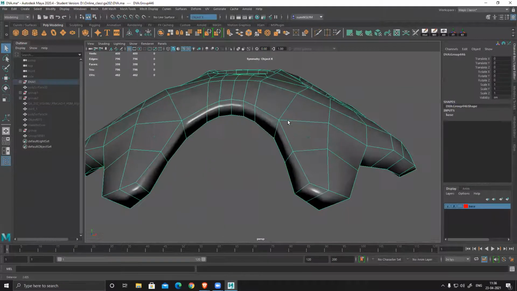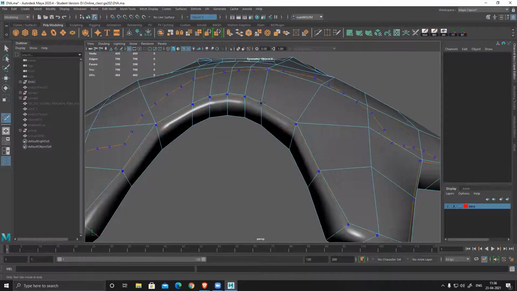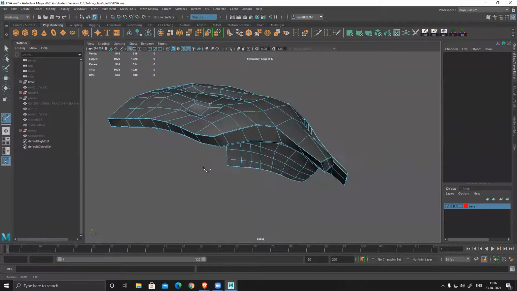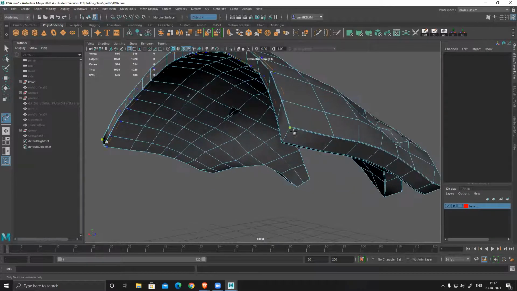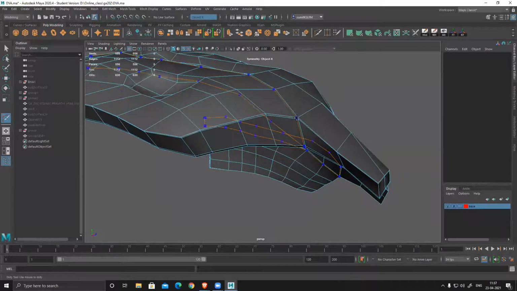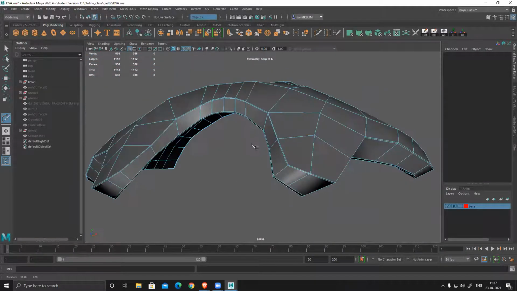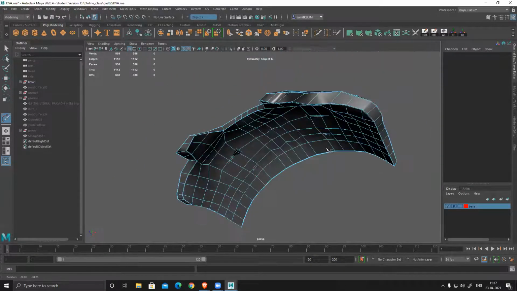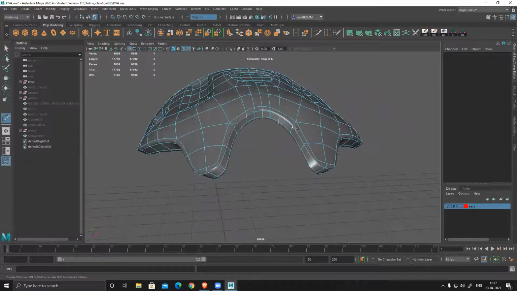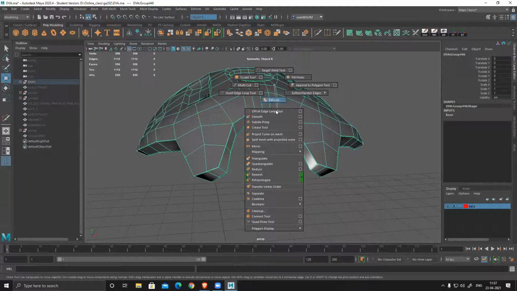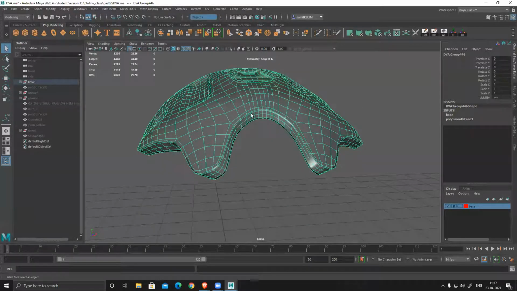So to retain that, I'll add one cut here, because I need this thickness. I cannot change this thickness and this shape, and there are a couple of things I need to add. This is temporary, I'm adding it just to hold the shape and smooth the model. Let's see, plus 3. See, it retains the shape. So that's it. This is what I wanted. Smooth the model. Everything is fine.